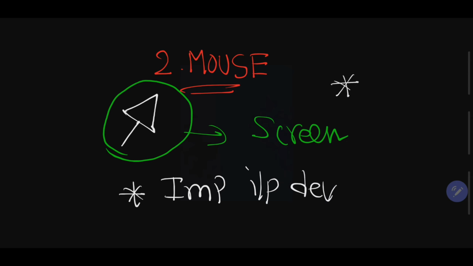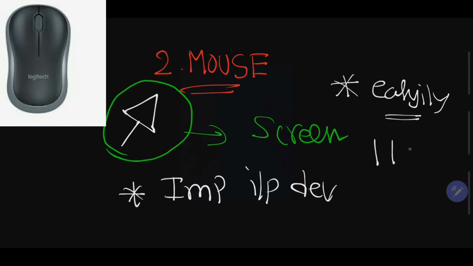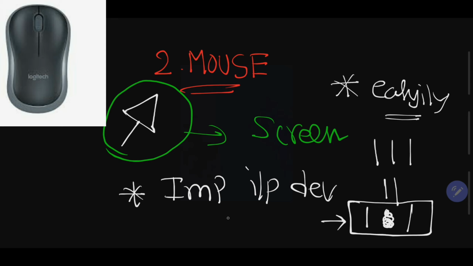With the help of the mouse, we can easily operate the computer. Basically, a mouse contains 3 buttons, sometimes 2 buttons: left button, right button, followed by the scrolling button. Our current generation mouses are of this kind: left button for general operations, general clicks, scrolling for page moving, and right button for special operations.